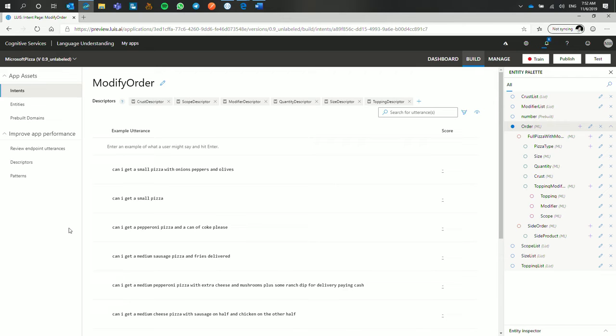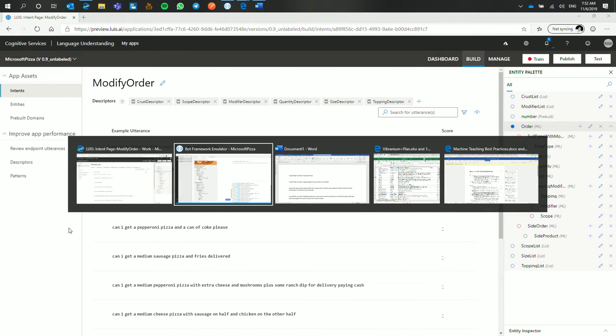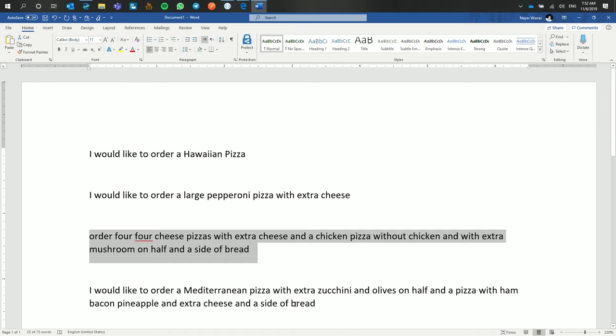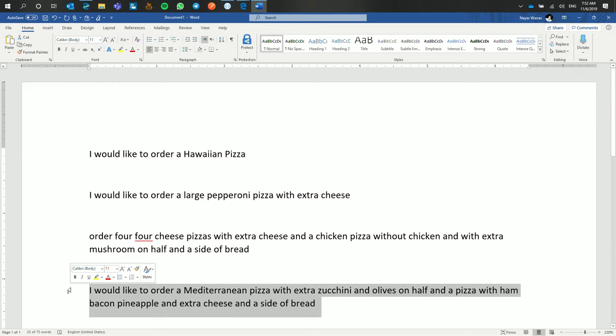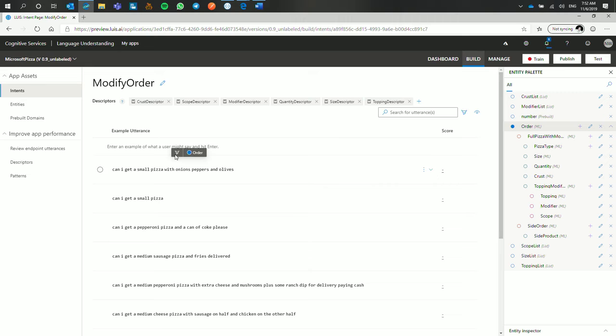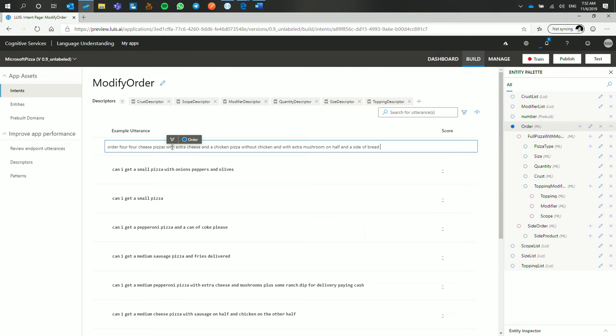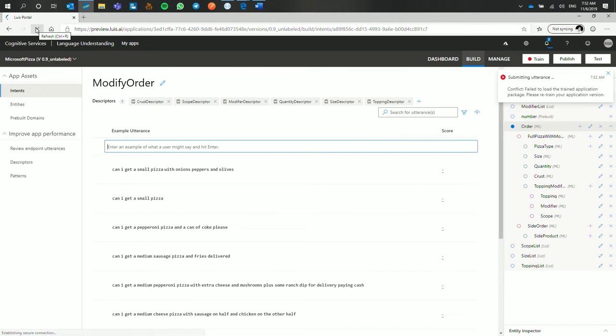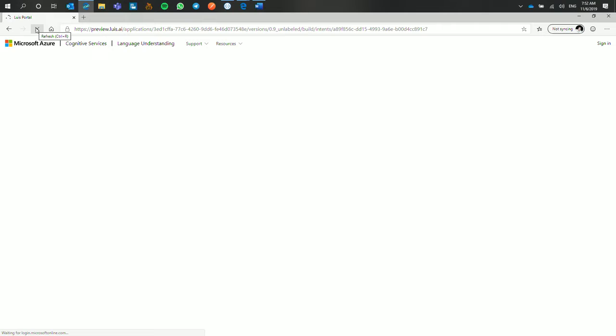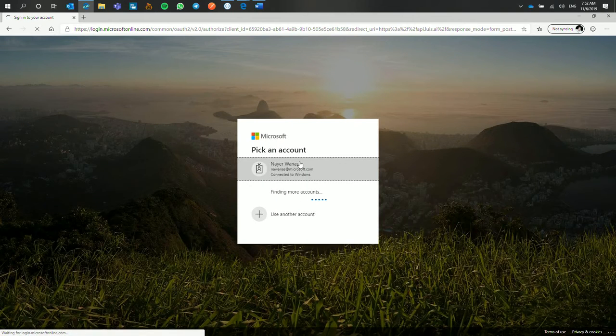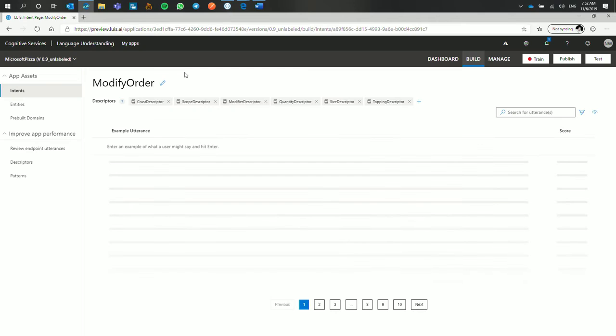I've actually put an untrained version of the model into my Lewis in order to go through the labeling experience. So I will just go and add that utterance, okay. Conflict, so let me reload, maybe it's been open for a while. Yes, I was signed out. Very interesting, am I connected to the right Wi-Fi?